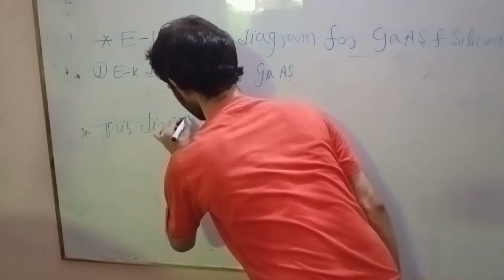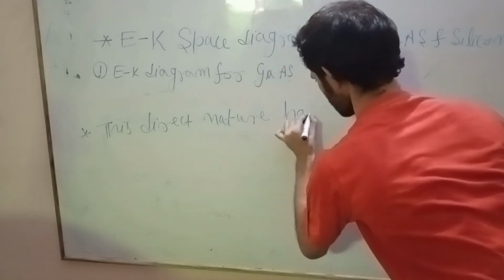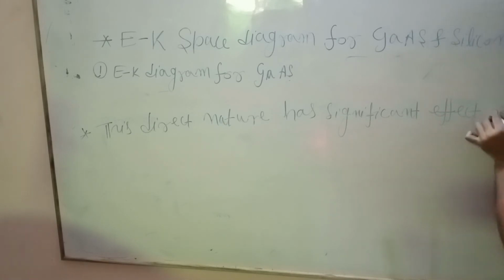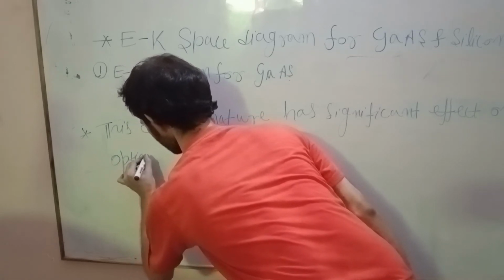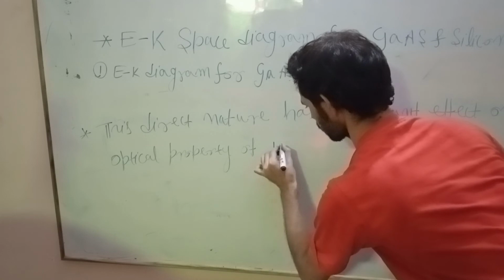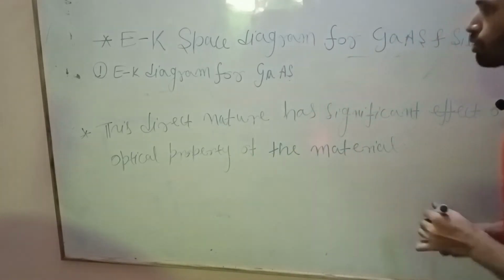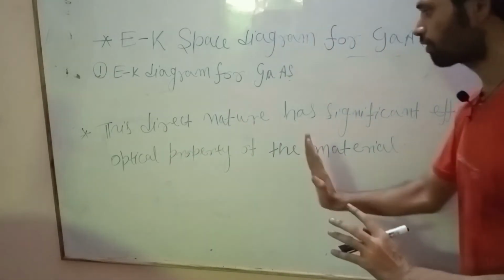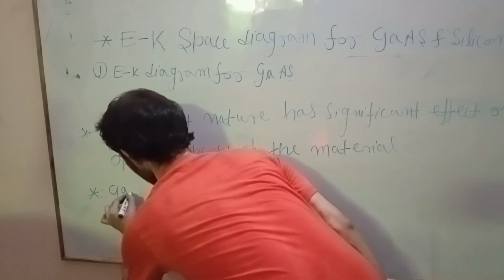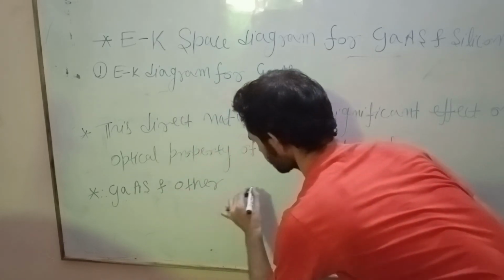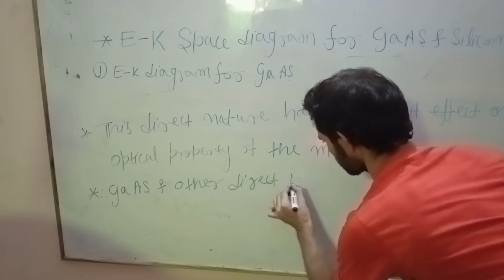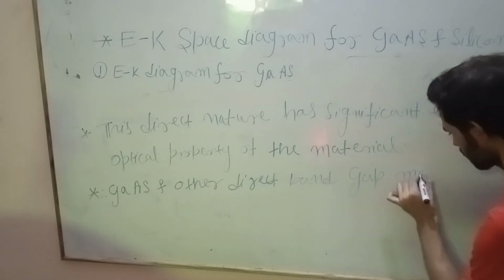This direct nature has a significant effect on the optical property of the material, and hence we can say that gallium arsenide and other direct band gap materials